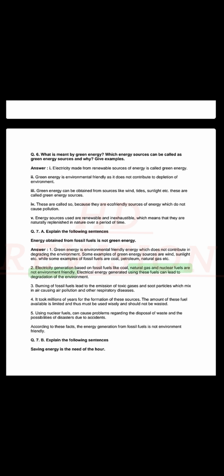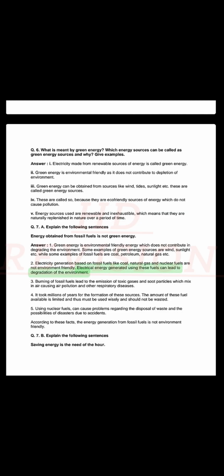Some examples of green energy sources are wind, sunlight etc., while some examples of fossil fuels are coal, petroleum, natural gas etc. Though electricity generation based on fossil fuels like coal, natural gas and nuclear fuels